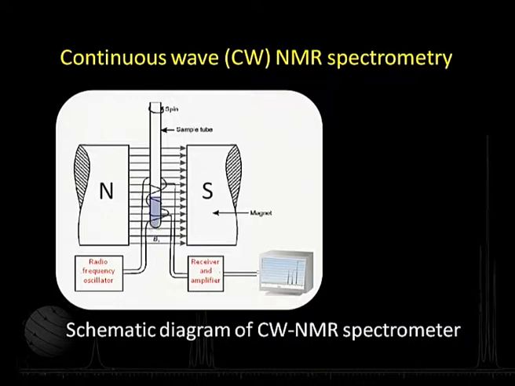But in order to appreciate this, we need to recall the basic premise, that is the meaning of resonance in NMR. When we talked about the principle of NMR, we said that when you take a nucleus of I equal to half and put it into a magnetic field, the nucleus, which acts as a tiny bar magnet, can either align with the magnetic field or go against it. With the magnetic field is of low energy, against it is of high energy. That means you generate two energy levels. And if you can provide a radio frequency of suitable frequency, then the excitation can take place. So, that is what can happen there.